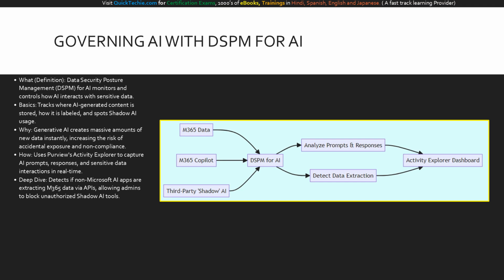Generative AI introduces a massive paradigm shift. It creates data as fast as it consumes it. This brings us to Data Security Posture Management, or DSPM for AI. DSPM gives us X-ray vision into how AI tools, including Copilot, are interacting with our sensitive data. It tracks what users are asking Copilot, what Copilot is generating, and ensures that new AI-generated content is properly labeled